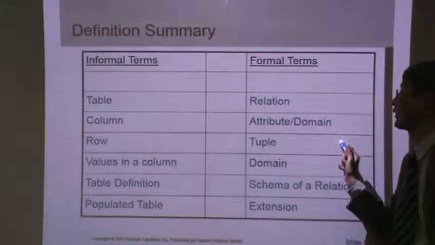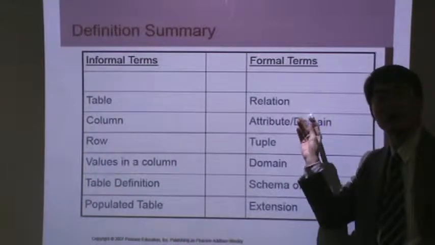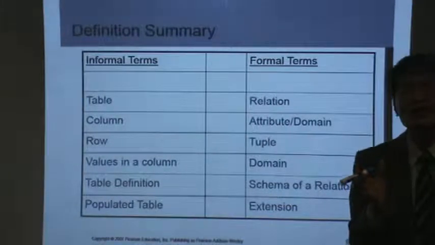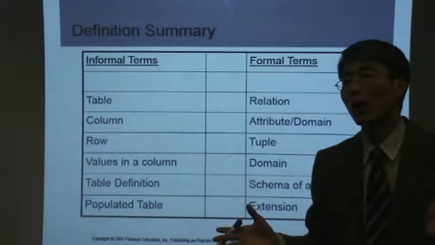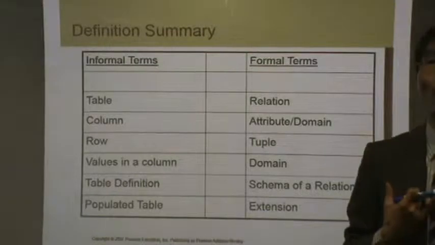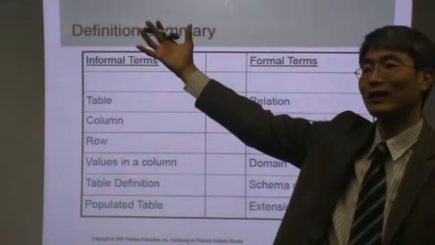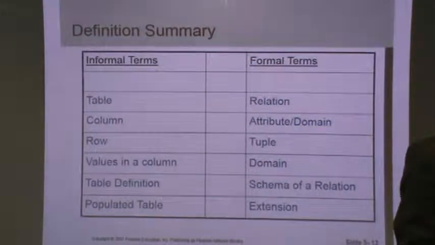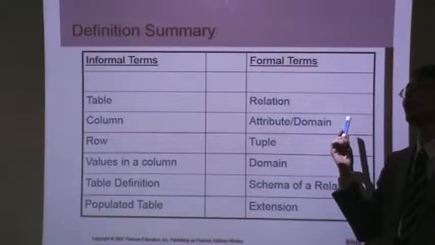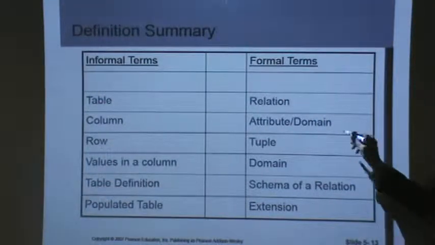Similarly, we have a number of attributes and a number of tuples, but originally the relation was defined based on the domain. However, it's not easy to implement the domain itself. Why? The domain is kind of big. There are all possible customer names. How many customer names are possible? It's almost an infinite number. So can you keep all possible customer names? No, it's not easy. So practically, we are not going to use the concept of domain in the database management system. Instead, we are using data types,